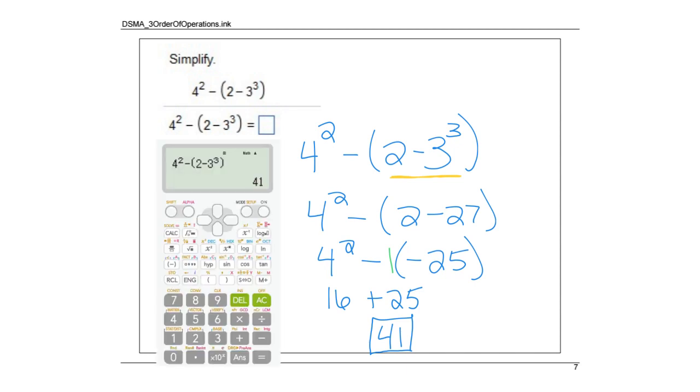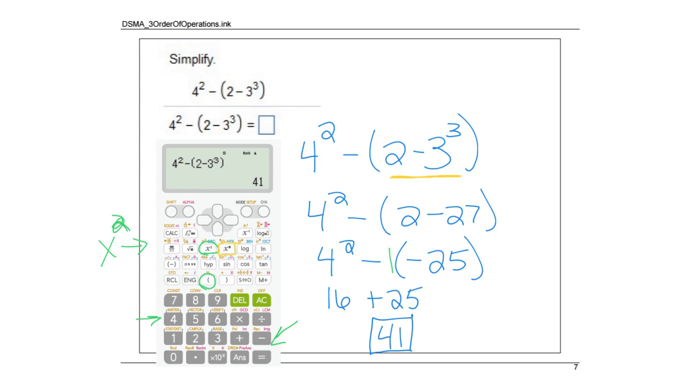Okay, so again, I know my calculator is a little different than yours, but it's close. So first you're going to type a 4 on the keyboard, and then you can hit your x squared key here. X squared. That's going to give you an exponent of 2 and leave you on the same line. Then you're going to hit minus. You're going to hit your opening parentheses, type 2 minus 3, and then at that point, hit this key over